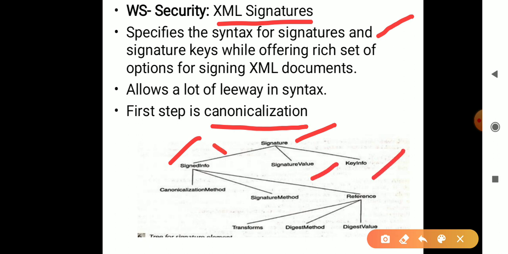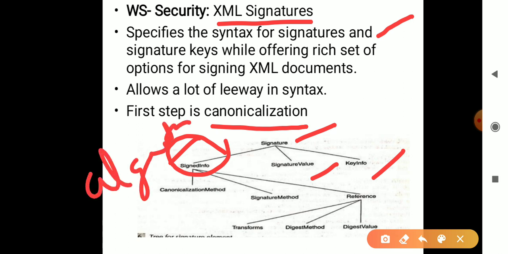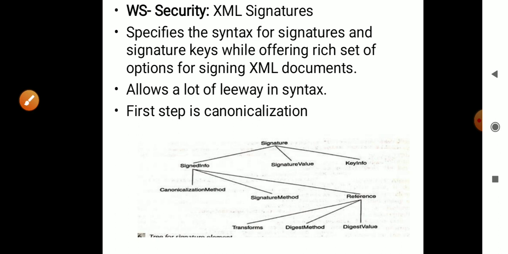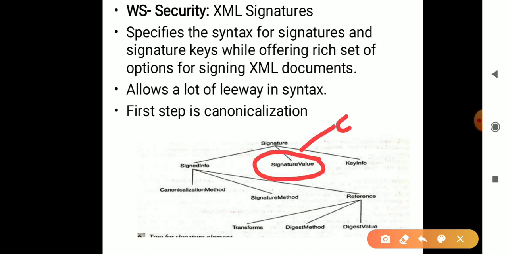Within this signed info, it is going to tell us which algorithm is being used and also which signature algorithm is being used, right? We know the algorithm for encryption is RSA, and to provide any signature we use the SHA algorithm. So when the signature comes, the MAC value is generated, and then we have the signature value, which is nothing but your digital signature.